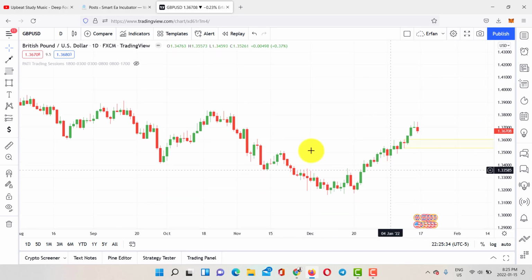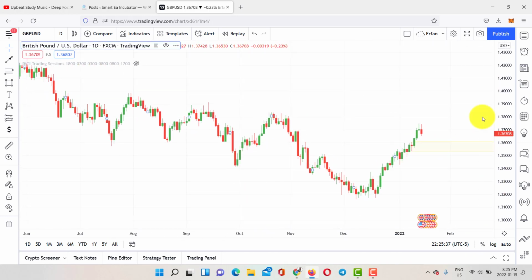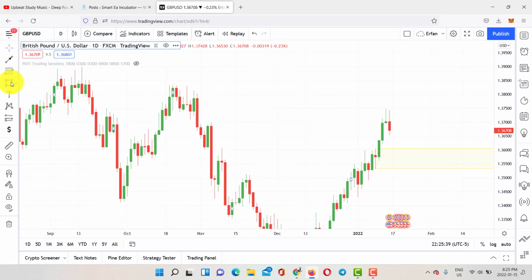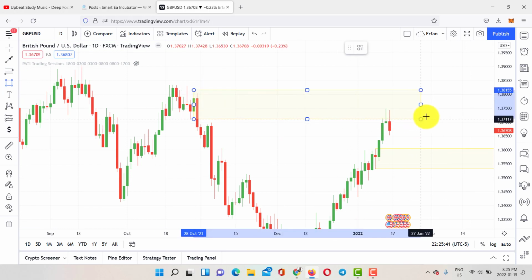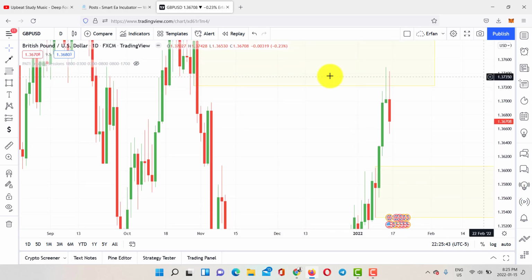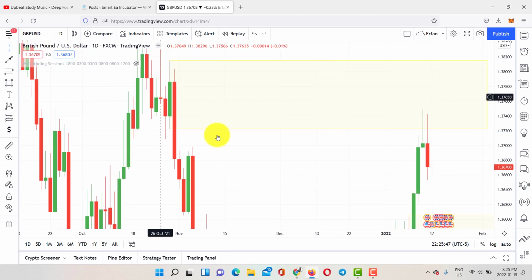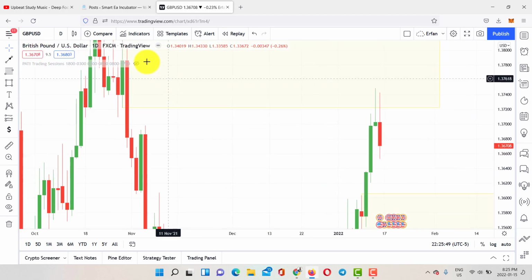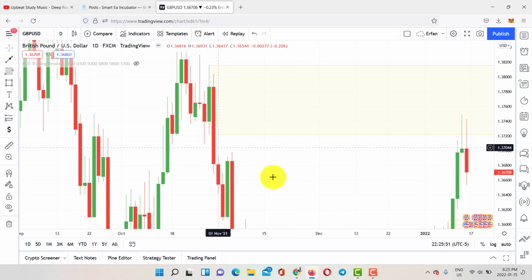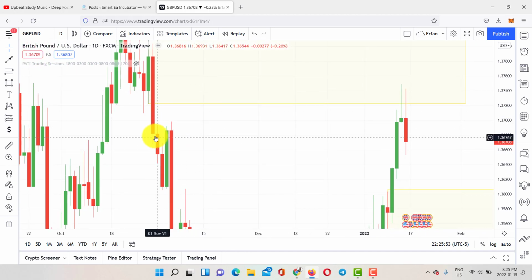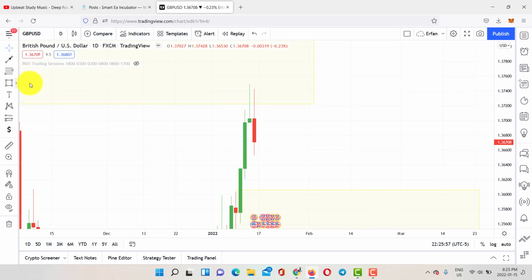As I said, the overall trend is bearish. Now we try to find another one. See, this one is another order block that I just found here. That's very interesting, guys. Exactly from here to here is a very strong order block. After this bearish engulfing candle, it left a little bit of gap. After this candle, it never tapped into this zone, and now we just tapped into this zone,